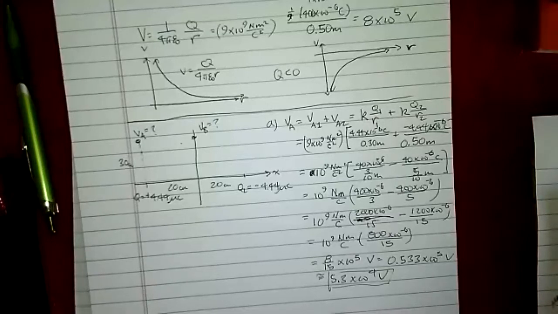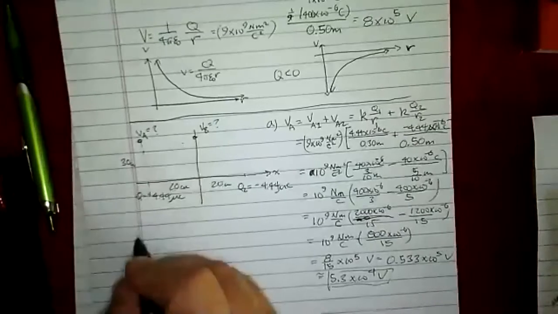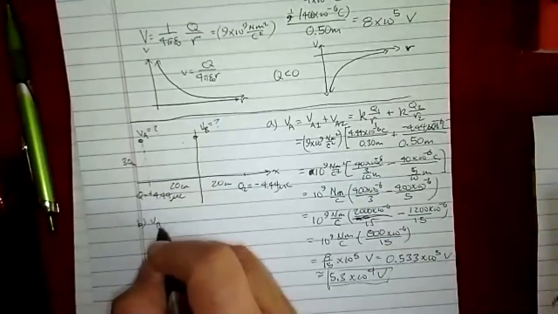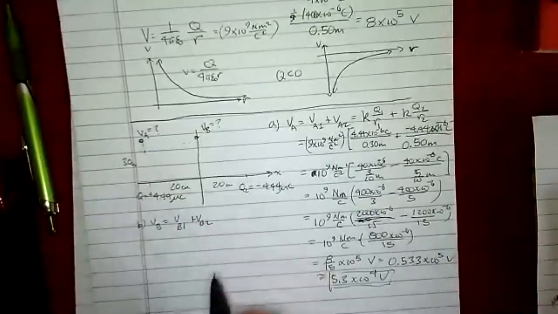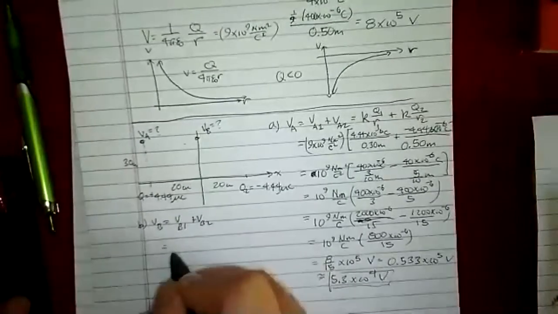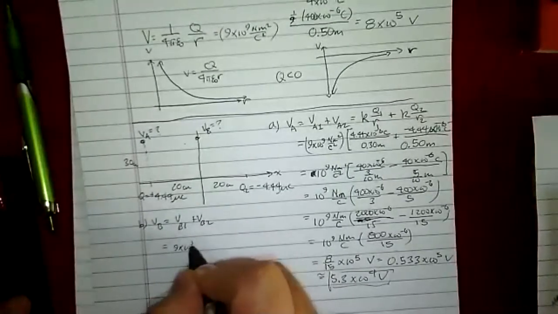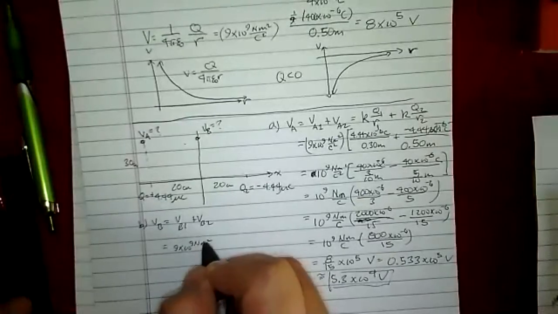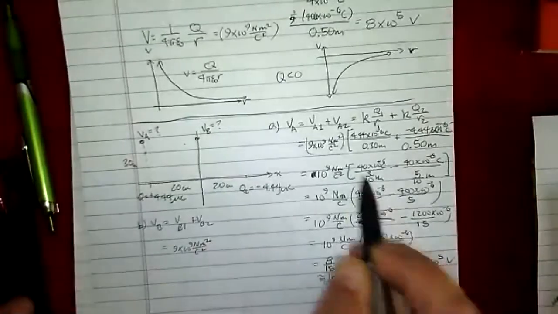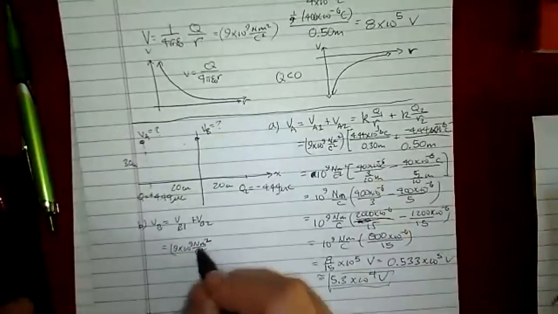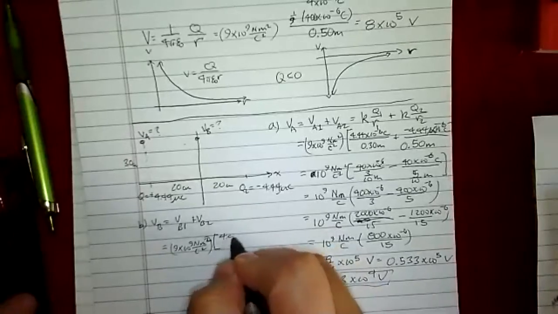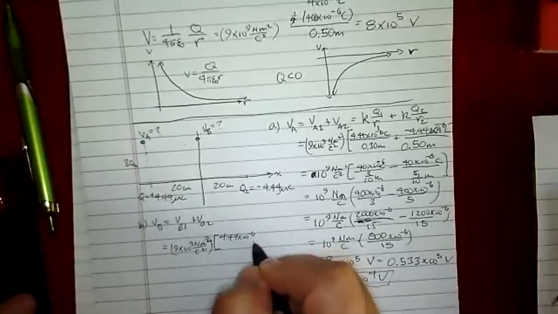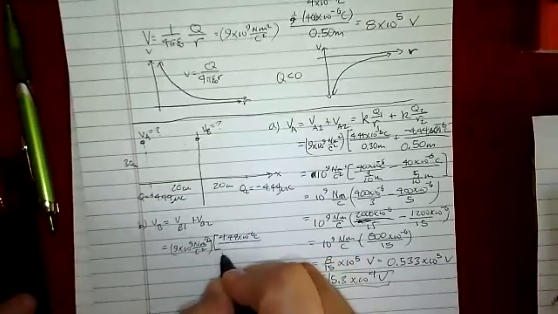Now at B, check this out, life is going to get a lot easier here. So for part B, VB is equal to VB1 plus VB2. Again, no vectors. That's going to be 9 times 10 to the 9th Newton meters squared per coulomb squared. In other words, I'm factoring that K out like I did before. Now this time it's going to be 4.44 times 10 to the negative 6 coulombs over